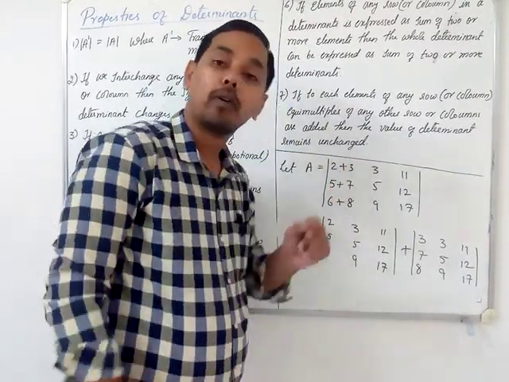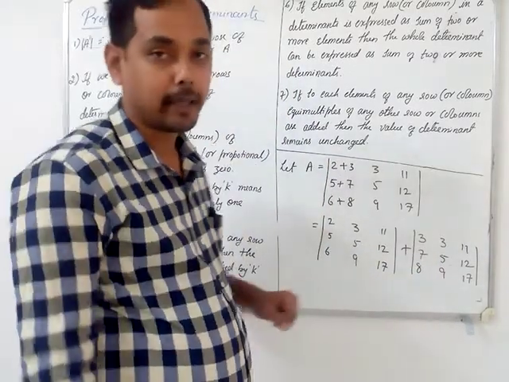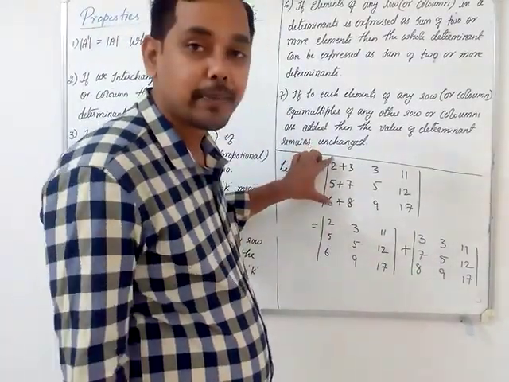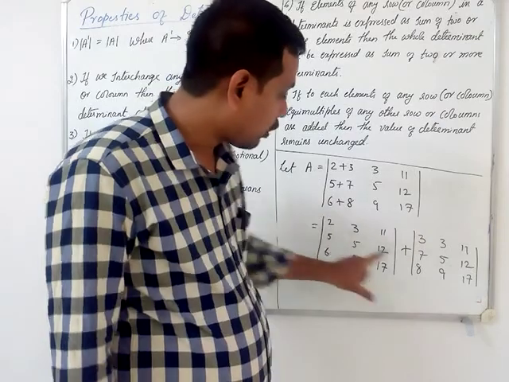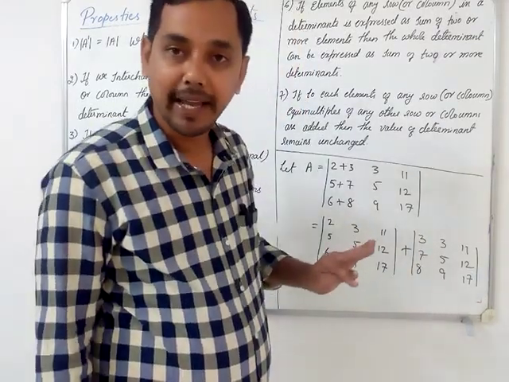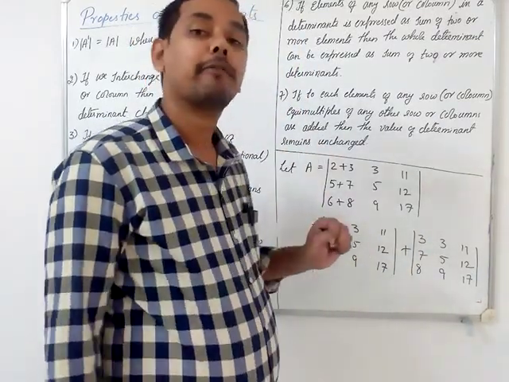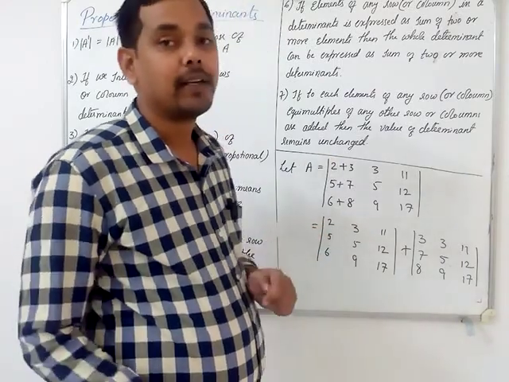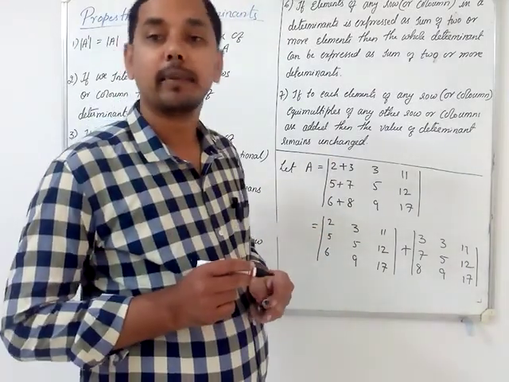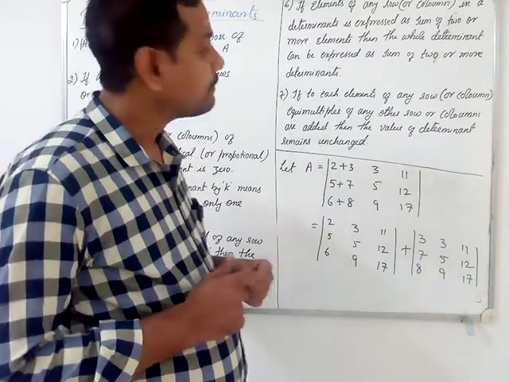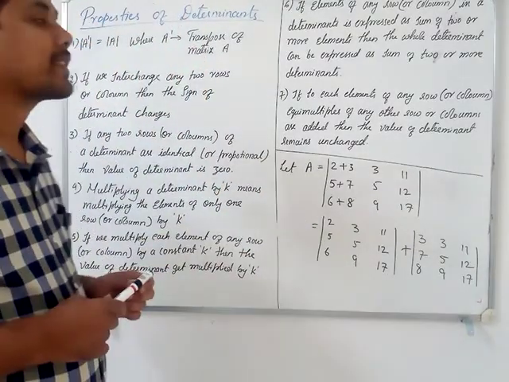If you have three terms, then one more determinant will come, right? Here the first column is expressed as a sum of two terms, so the first column will be split, and the remaining two columns will remain as they are. The same is the condition if the rows are there. So only the first row will change, and everything else will remain as it is. Is that clear? That was about the sixth property.